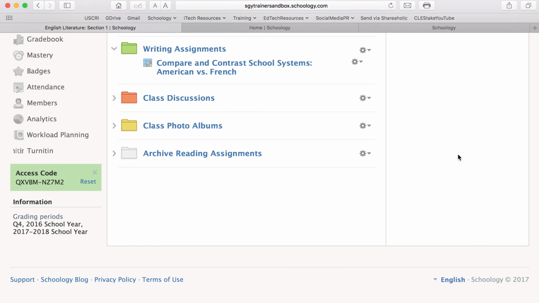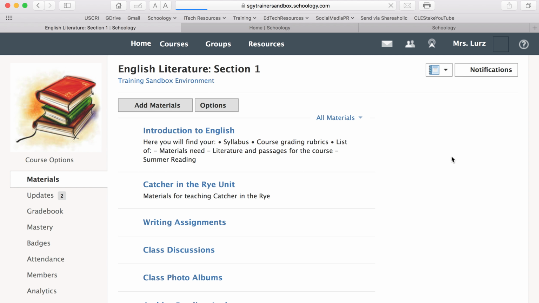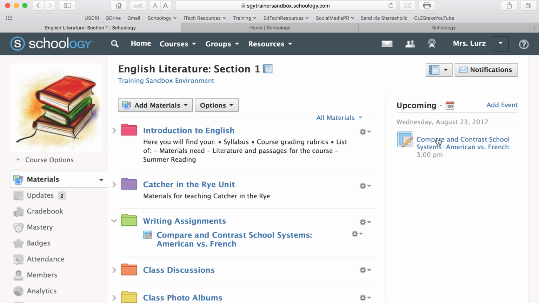But now let's say there is a larger group of students. I'm going to refresh my screen there. Now it shows up in the upcoming. But maybe there's like 12 students I needed to put in that list, and I don't want to have to type all of their names at once, or I particularly have them categorized, this is my AP group and this is my general group. Certainly that's a fine way to do it, but there's a quicker, easier way by utilizing the tool of grading